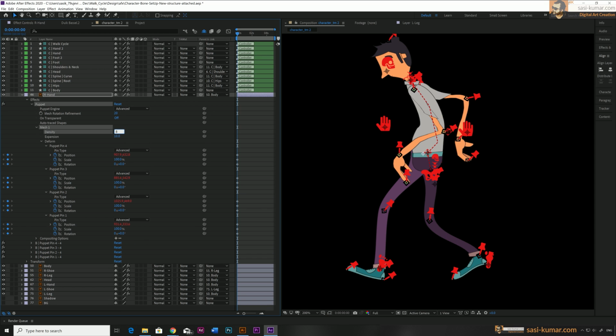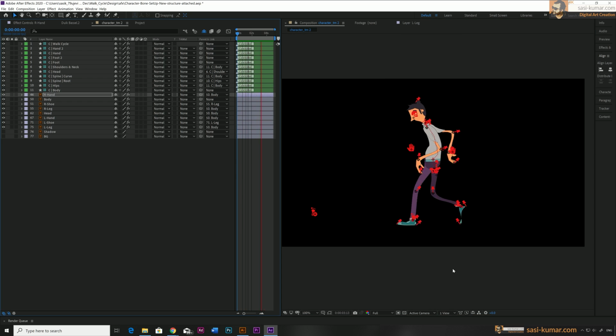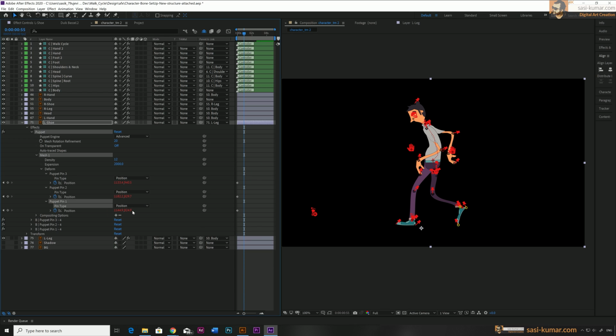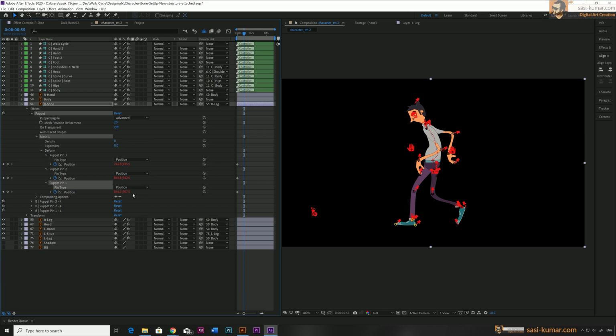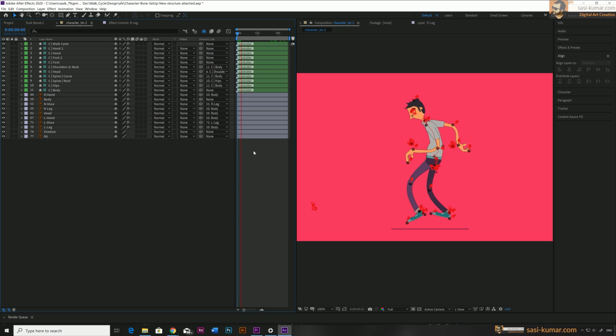Okay guys, so for this shape what I did was I have changed only the legs and the hands to advanced, and I have changed the other positions to precision, especially the shoes and the static areas. So as you can see in here, after I change, I activate the background layer and I start playing this one, and this looks better than it used to be, and you can see the bends are perfectly all right, and we can play with the settings and make this animation even smoother and nicer.